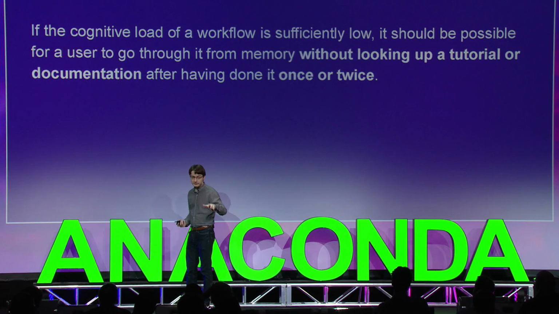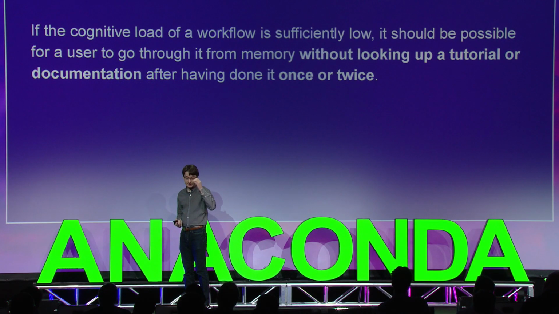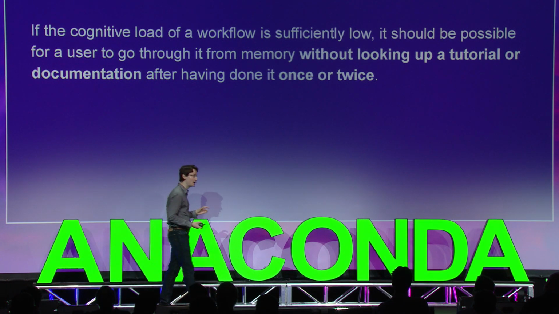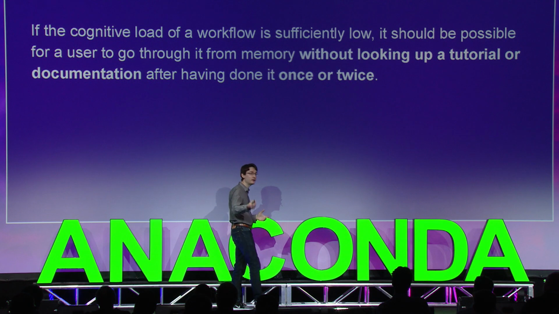And the opposite of this, an example of an API that fails this litmus test, would be the tar uncompress command we saw earlier, because this is a very simple action, and every time you want to do it, you have to look it up. So it's the very opposite of that, right? And again, a big part of why this is not a good API boils down to what we covered, things like having good names, for instance.